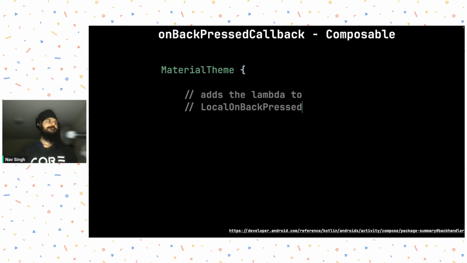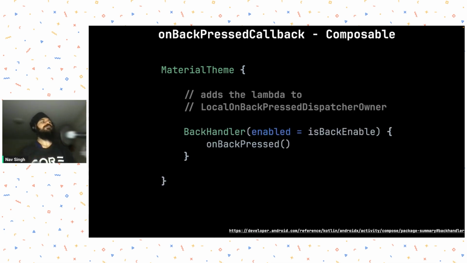So that was all about the fragments, activities, and dialogues. But the current state is that we are writing most of our code in composables, like if we are writing new features. So if you want to intercept the back at the compose level, at your composable level, in particular compose functions, then there is a predefined composable available for us,